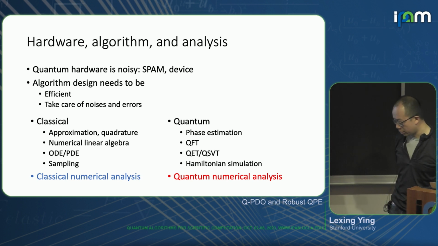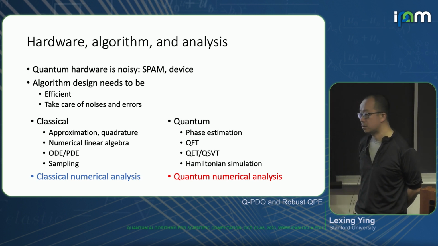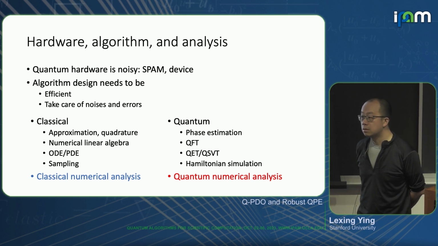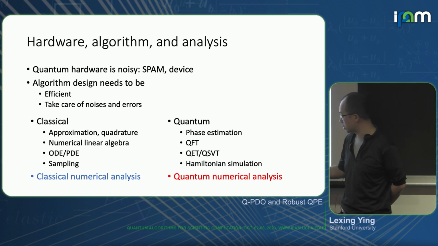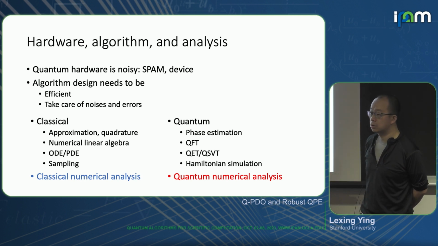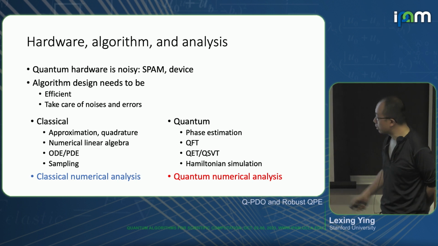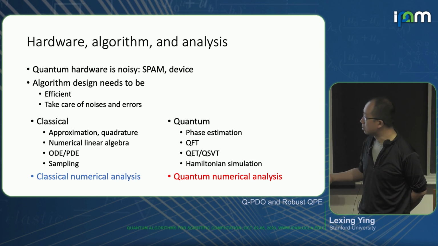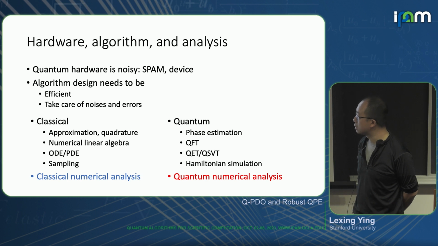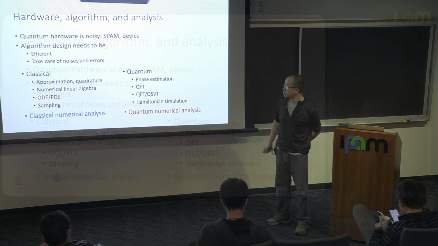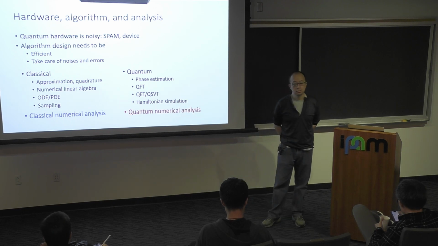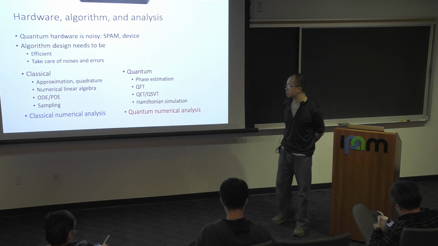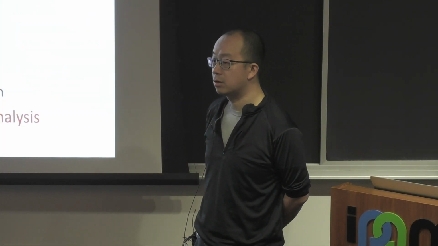This resembles quite a bit the situation for numerical analysis maybe 50, 60 years ago, right? People developed fundamental building blocks such as approximation, interpolation, and quadrature. Later on, you have numerical linear algebra, numerical methods for solving PDEs and ODEs, and also Monte Carlo sampling. At different stages of the development of these techniques, people put different emphasis on different aspects. Maybe initially there was a lot of discussion on error analysis, backward error analysis.